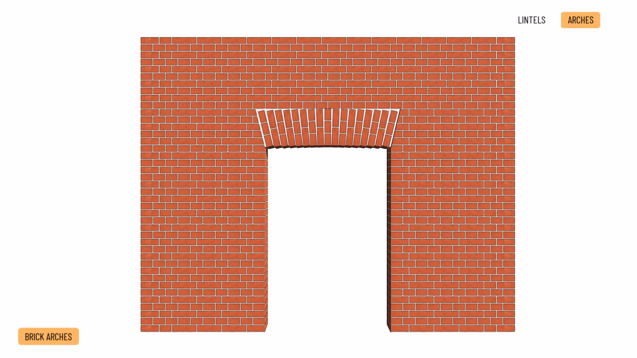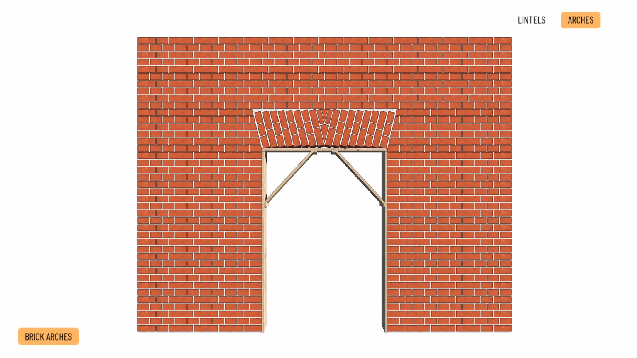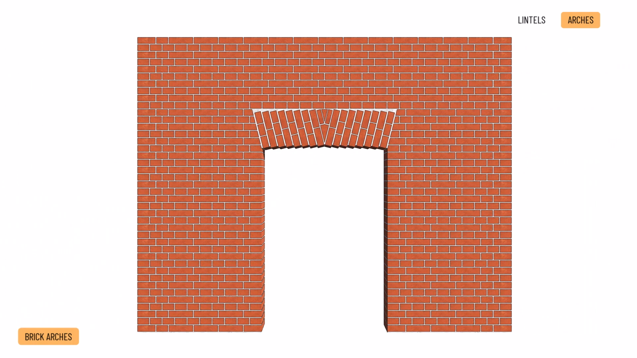Flat arches can be made in two different designs. 1. Radial gap formation. 2. Parallel gap formation. In this case, the central part must be filled with wedge-shaped bricks,